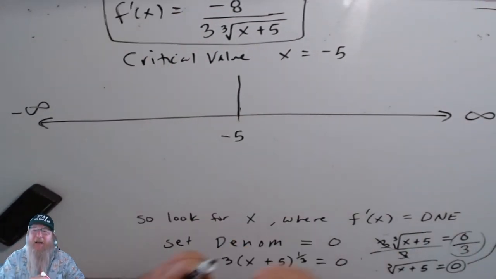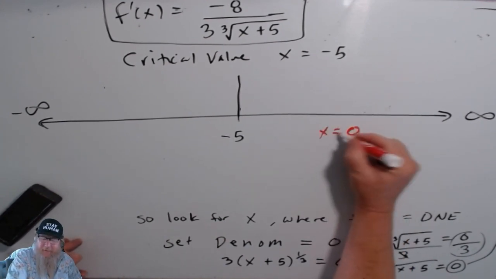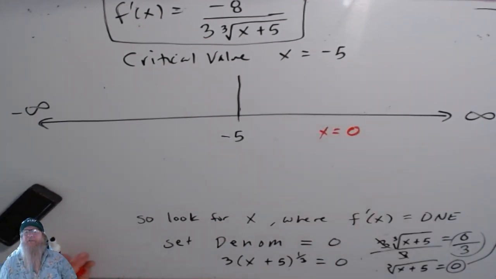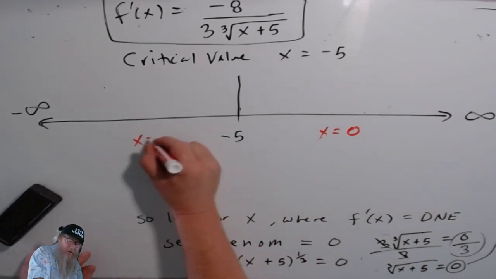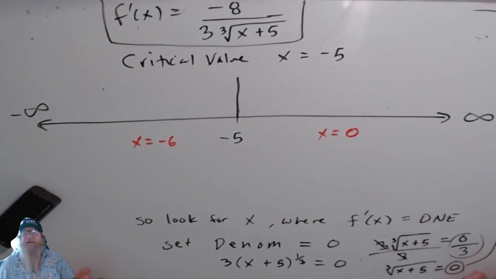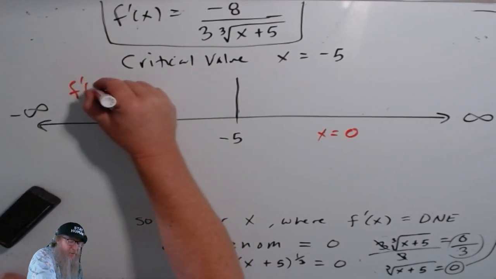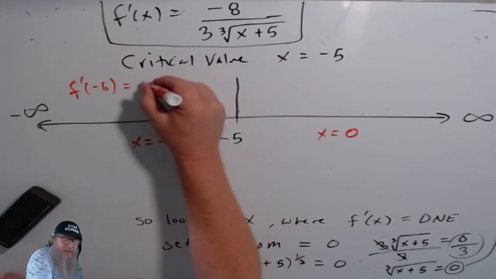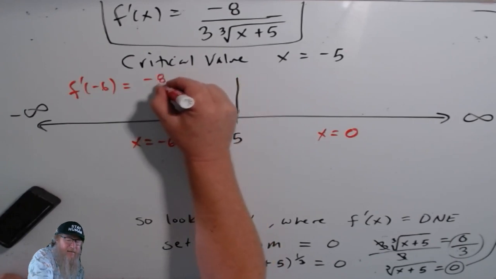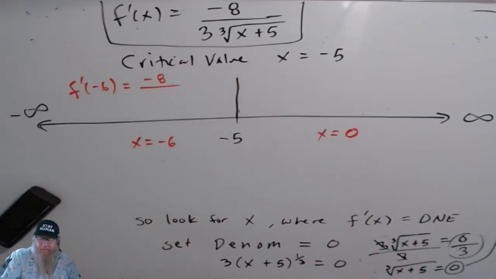Pick a test value on the right. Usually, if I can get away with it, I usually pick 0. It's a very easy number to pick. And then I'm going to go with negative 6 on this side. Again, you get to pick any number you like. And now we plug it into the derivative. So f prime of negative 6 is negative 8